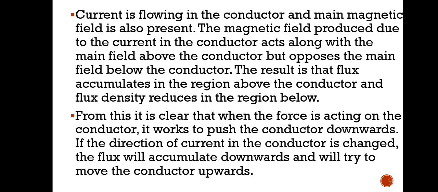Current is flowing in the conductor and the main magnetic field is also present. The magnetic field produced due to the current in the conductor acts along with the main field above the conductor but opposes the main field below the conductor. The result is that flux accumulates in the region above the conductor and the flux density reduces in the region below. From this, it is clear that the force acting on the conductor works to push the conductor downwards. If the direction of the current in the conductor is changed, the flux will accumulate downwards and try to move the conductor